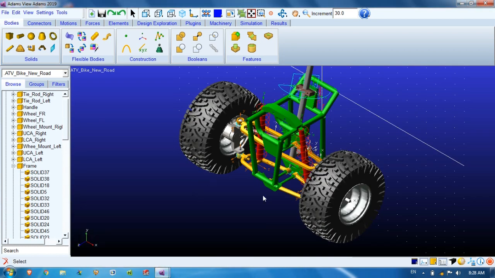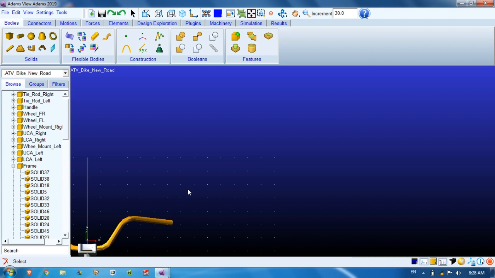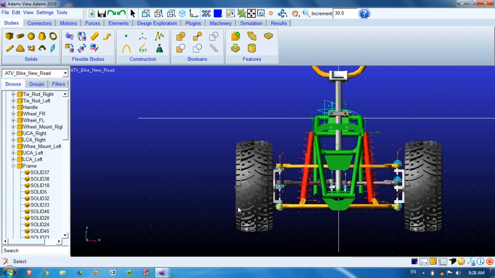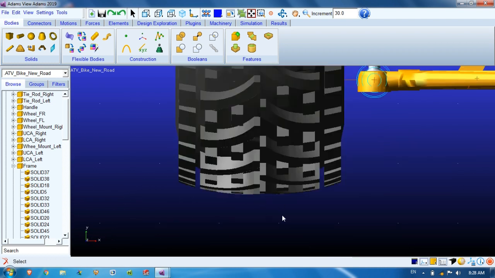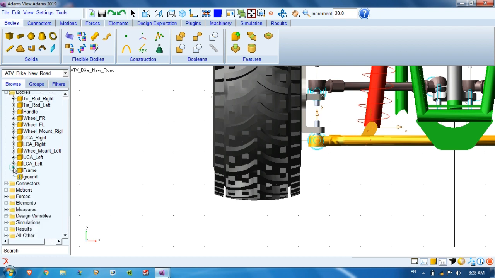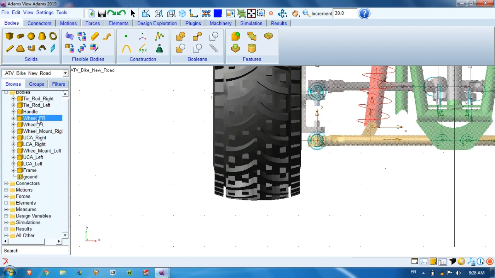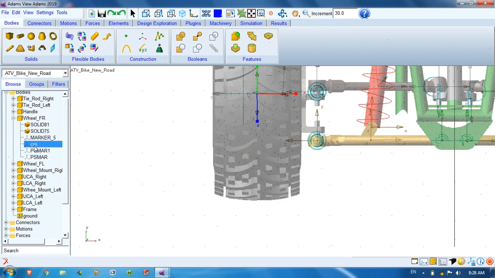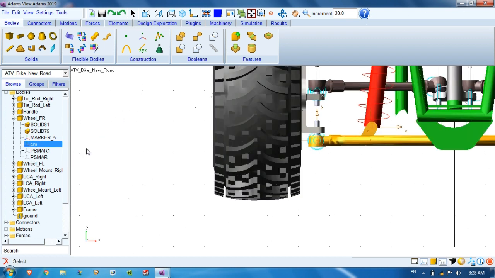We'll create markers at the bottom surface of all these tires. I will change the background to white. First we'll go to the front right wheel, and its center of mass. We'll copy this marker. First we'll see the location of the center of mass marker.